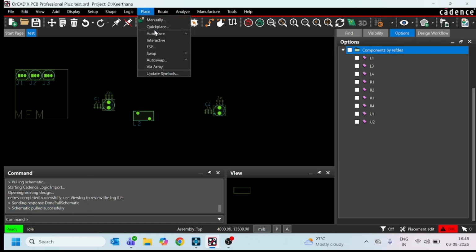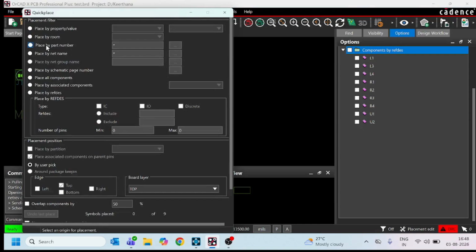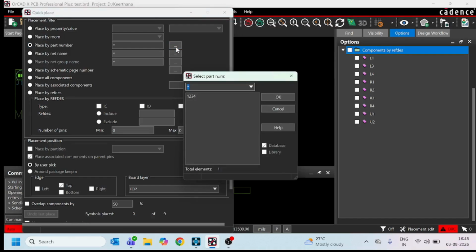Then I'll go to Place, Quick Place. Then I select this Place by part number. Here, there is an option to browse. Click on those three dots. See, here only you can see the 1234, which is the part number I've given. So if you click OK,